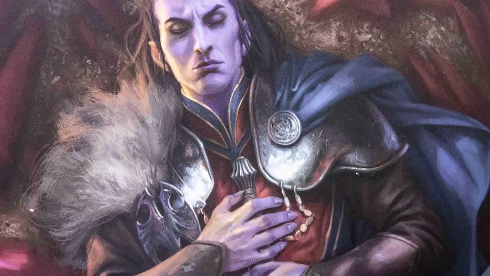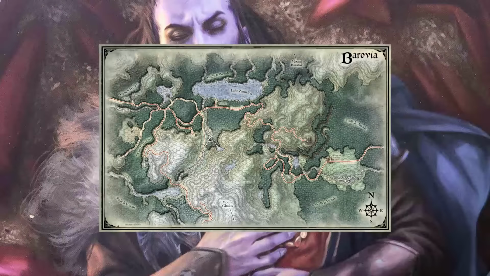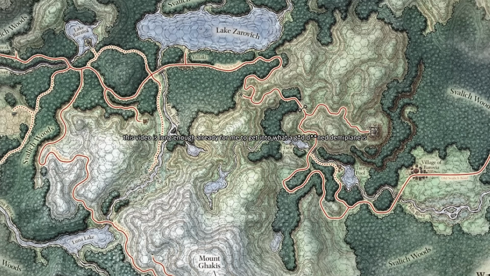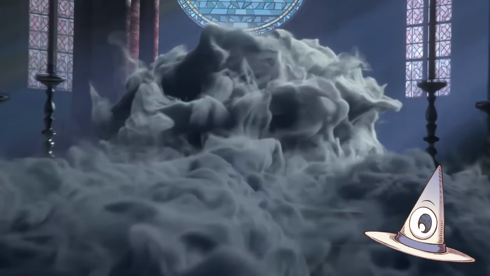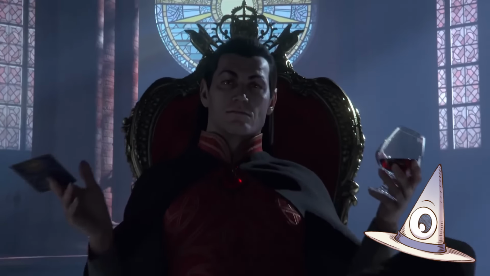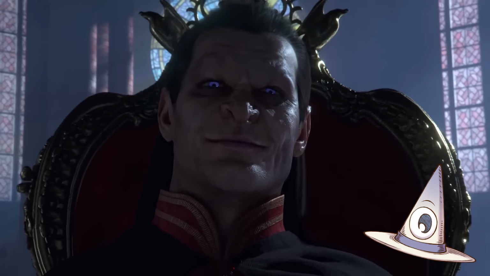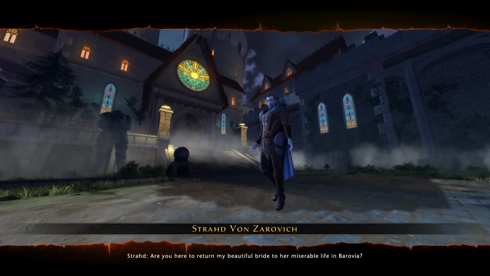Strahd is known as the first vampire and the ruler of Barovia, a demiplane of the Shadowfell, the realm of emo. Beautiful scenery. Strahd is immensely powerful, more powerful than any other vampire. The source of his power and the origin of vampirism comes from, of course, inceldom. He was consumed by desire and basically made a deal with...